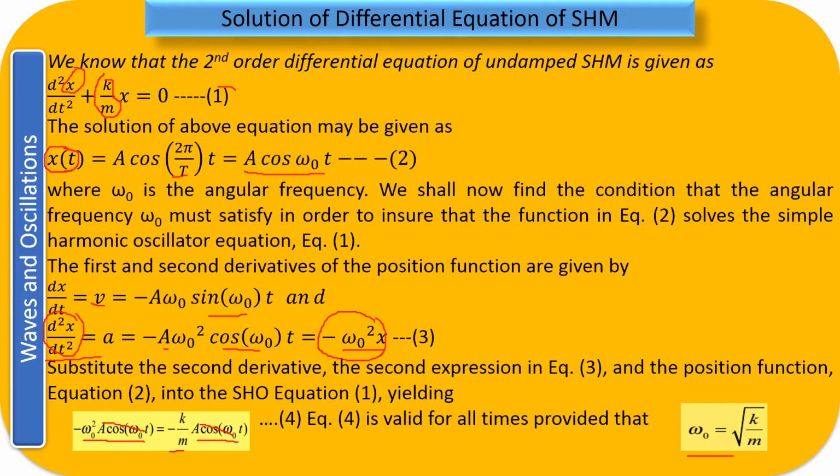So if I have got this angular frequency, therefore we can find out its time period. What will be the time period? T equal to 2 pi upon omega naught. So 2 pi upon omega naught we have seen in the previous slide. This value of omega naught I have substituted and rearranged, and I am getting the time period of this motion as T equal to 2 pi root under m by k. So this is the value that we are going to say.